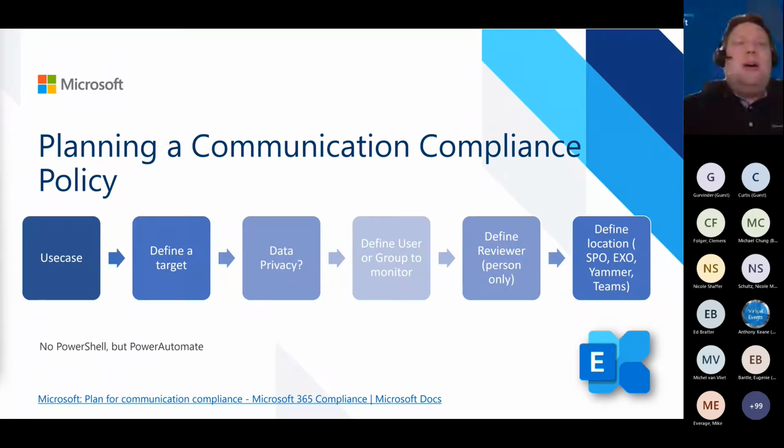Do we have a data privacy issue or not? So check with data privacy, then define the group. Make an Azure security group, or if we have only two people, we can define only those two people in the policy. Then define the reviewer, the analysts. That's only one or two people, so we can't define a group. You need one or two people, for example out of the compliance team, the compliance officer who controls this stock trading and fulfills the regulations in stock trading, and then go on and define your rules, also with Exchange.